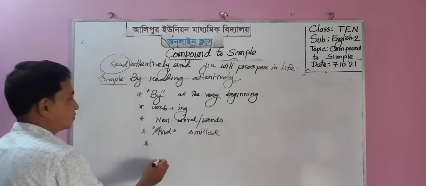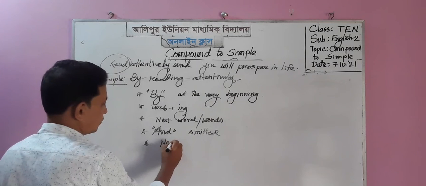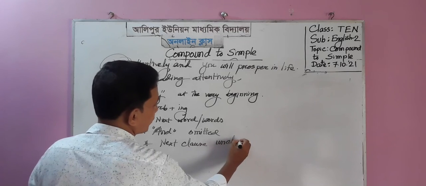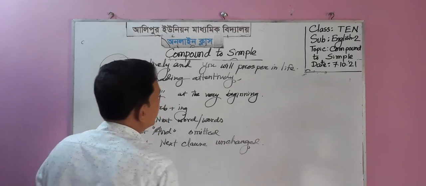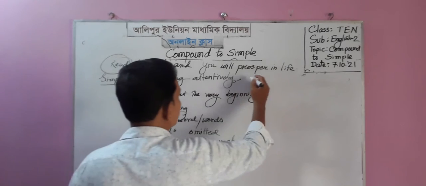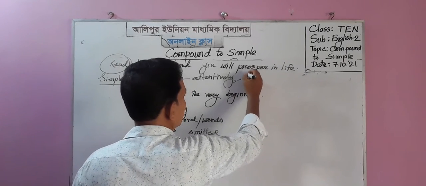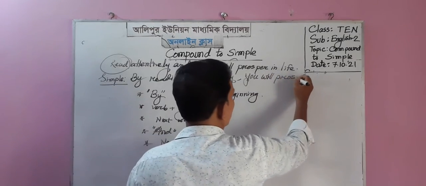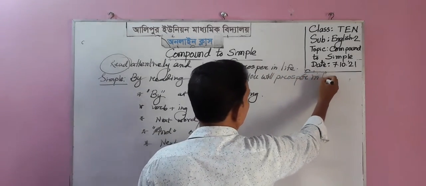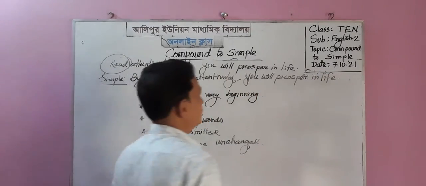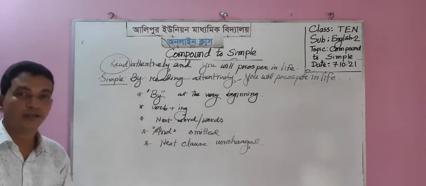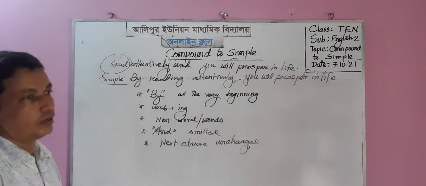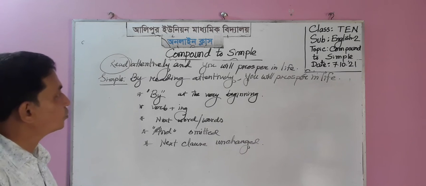And the next clause is unchanged. Next clause is: you will prosper in life. So we may write here: you will prosper in life. Dear students, look at the whiteboard, and I will again convince you or advise you how to change the